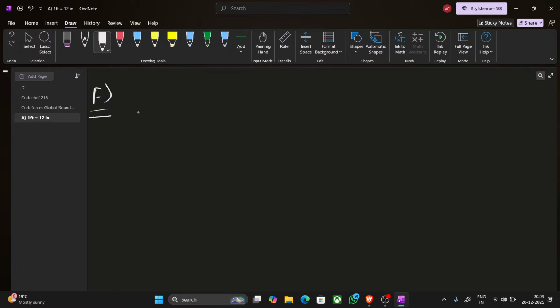So this is the problem in which you are given a two-dimensional plane and there are some coordinates like this. These define, let's see,